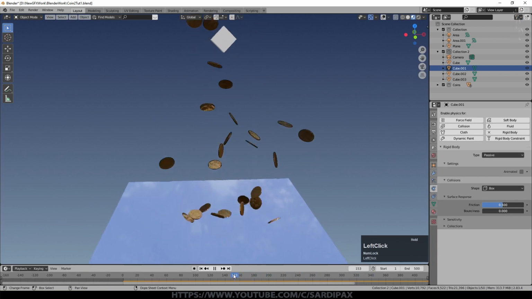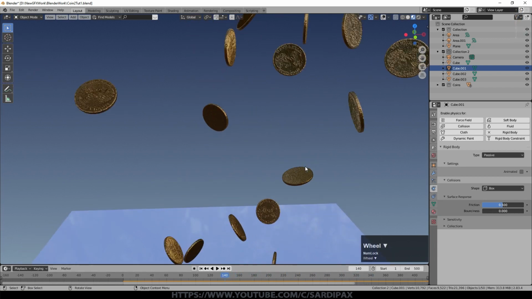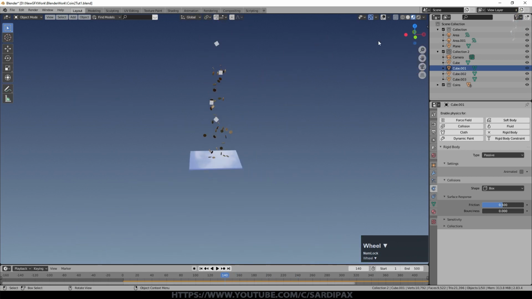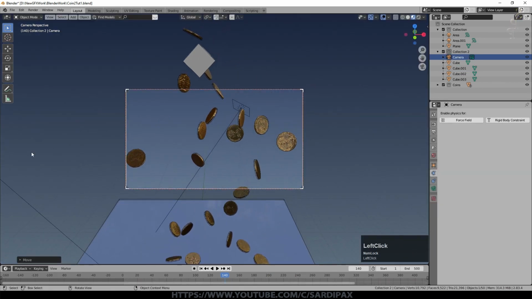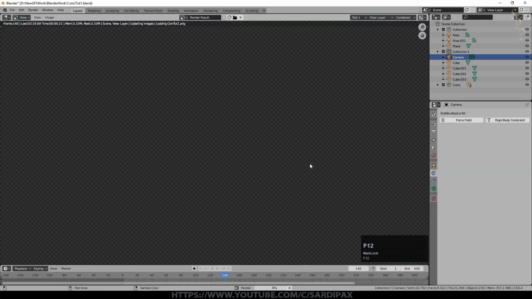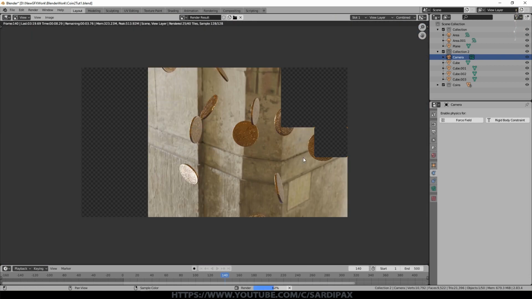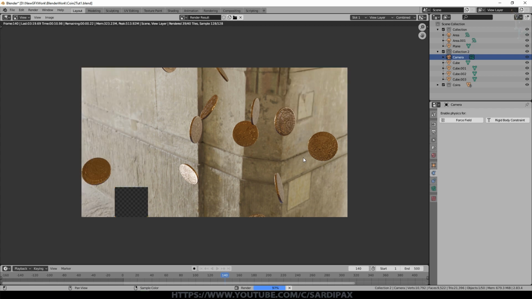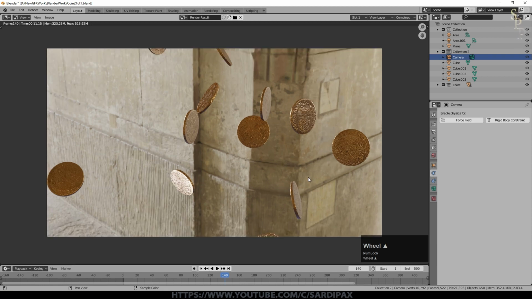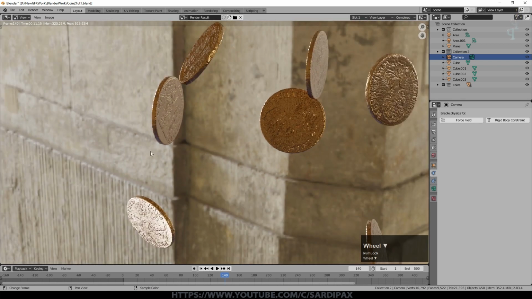One last little thing, and that's about the noise that you're going to get when you render these coins. Because they're shiny objects and they've got detailed texture on them, if I render that, we are going to get a fair bit of noise. Now, I tried rendering these in Eevee to begin with, and it wasn't that satisfactory. I possibly could have put more effort into the Eevee render, but Eevee does have its limitations. Cycles gives you a much more realistic render, so these to me look like actually shiny coins. But there is a fair bit of noise on there. It's not too bad actually.